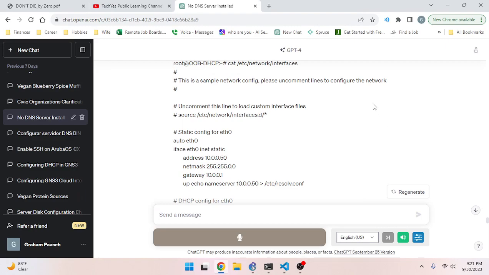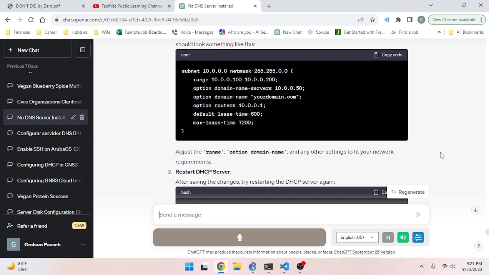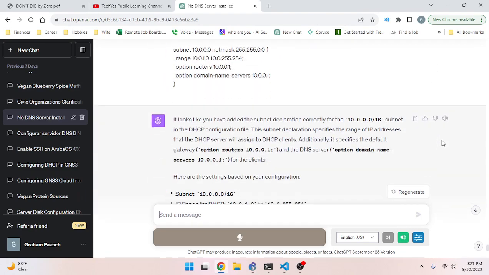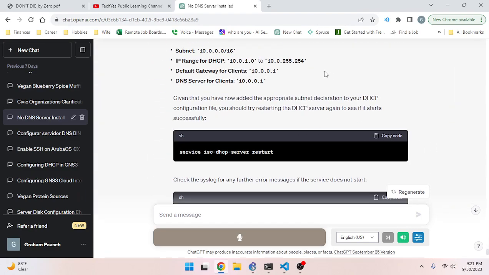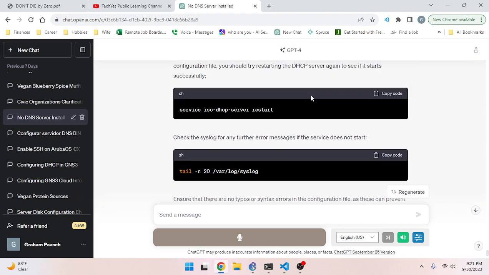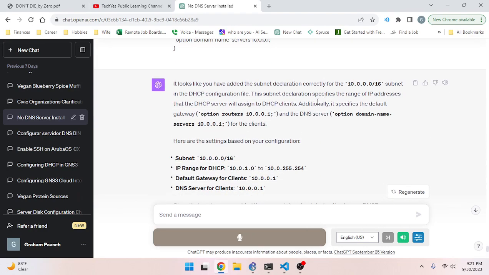I did study DNS when I went for my associate's degree; it was a fairly big part of that. I learned about A records in DNS, and I feel like what I'm trying to do by